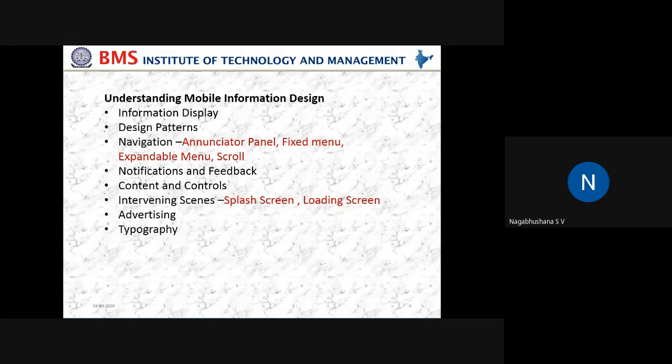So the next is navigation. Before going to navigation, I can say that navigation is also one kind of pattern which can be used in the design pattern concept. Basically, a good mobile design means how effectively a user can move through the various application features.